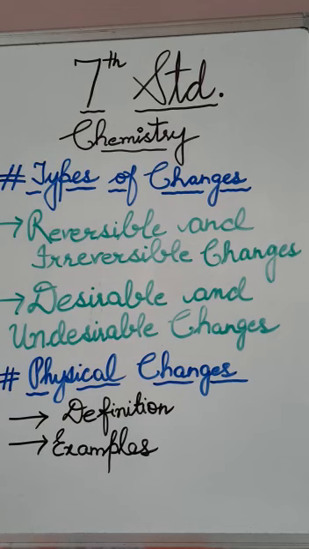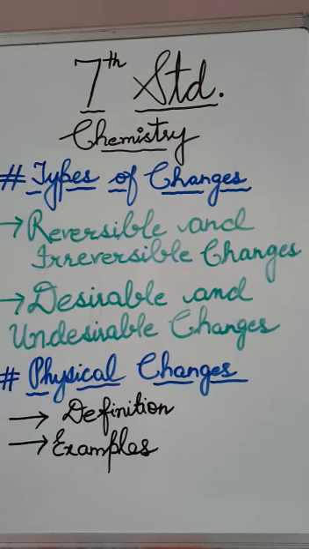Please mark it. And the next, second definition which has come, just mark it. A change is said to be irreversible when the opposite change cannot be brought about by reversing the conditions. Fine. It is the opposite of reversible changes. For example, milk can be changed into curd, but curd cannot be changed back into milk.